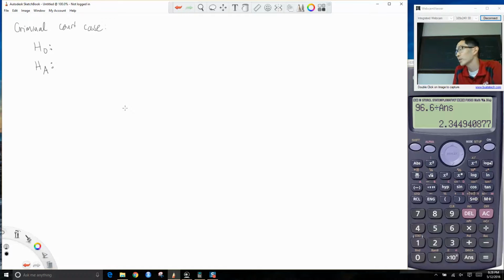So when we set up our hypotheses, we put the null hypothesis as the one we assume, and if there's enough data or evidence to reject the null, then we conclude the alternative. Because we assume innocence, our null hypothesis is that the defendant is innocent, and the alternative is that the defendant is guilty. And then data or evidence is presented